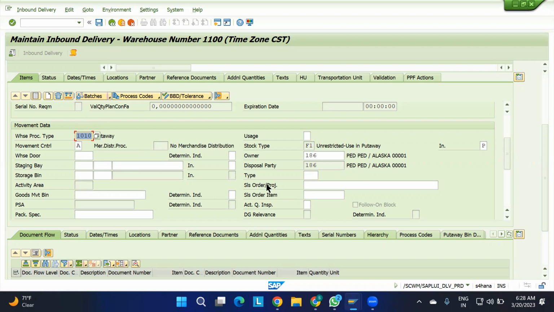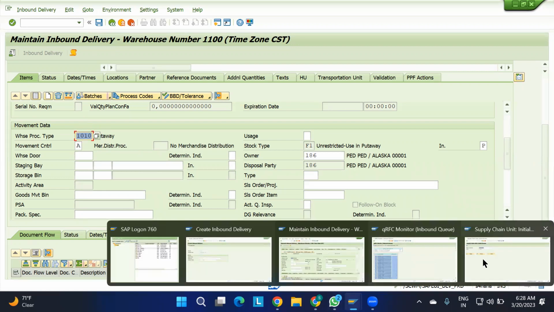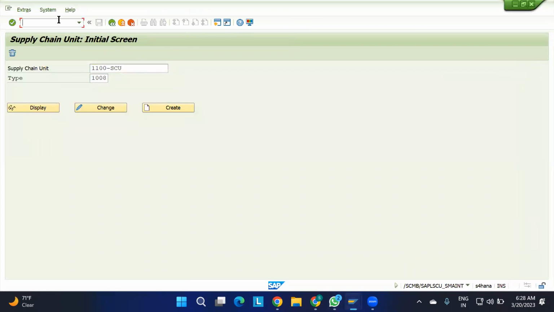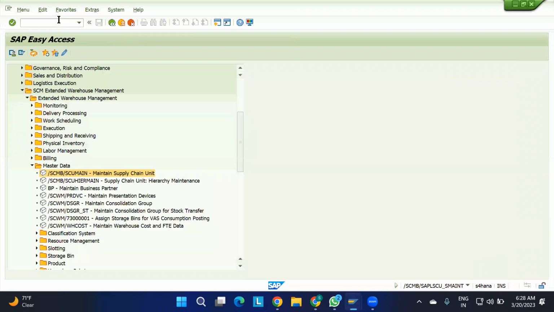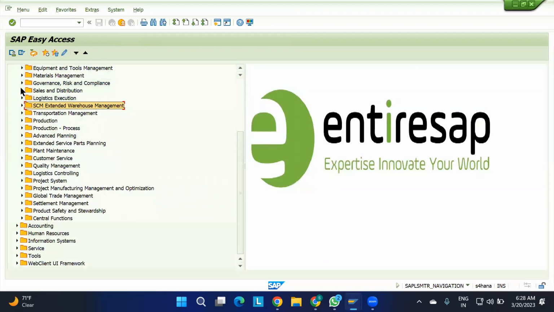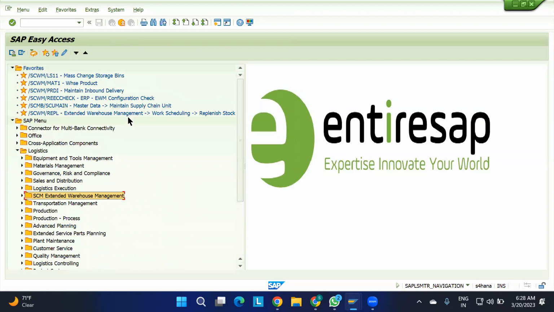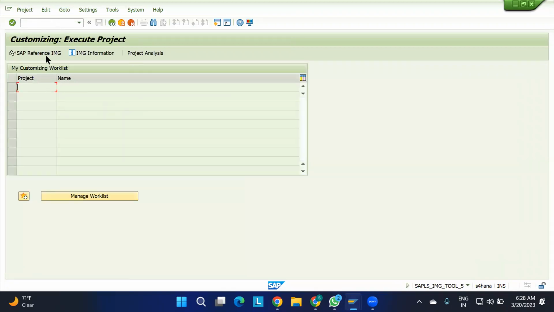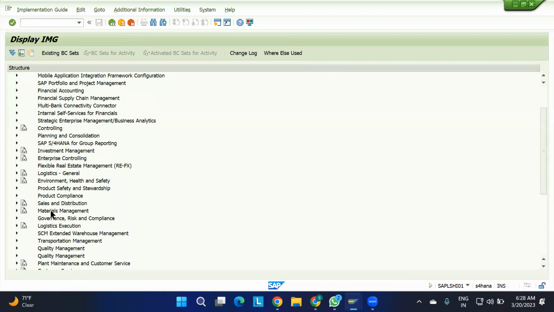Correct? What I will do is go to a different screen here, and I will show the path to check the warehouse process type. Where are we going to check the warehouse process type? Go to SPRO, IMG, SCM EWM,